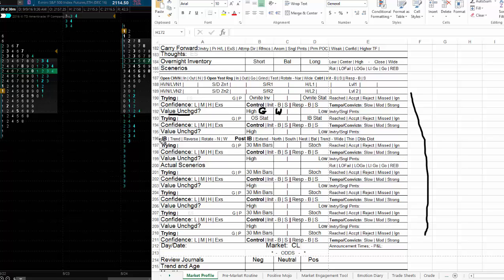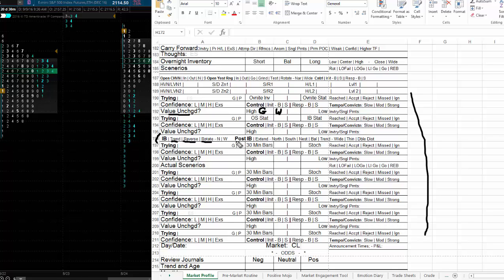Okay, the next one is the initial balance. That's the first hour of trading. What happened during that first hour? Was it a trend from the open to the end of that first hour, or did it go down to a reference point and reverse, and now it's going in the opposite direction? Has it just been rotating all that time? Is it a narrow, or is it a wide,